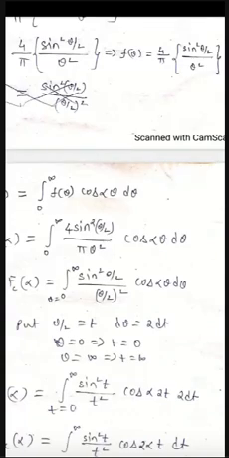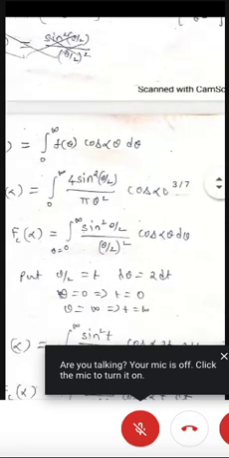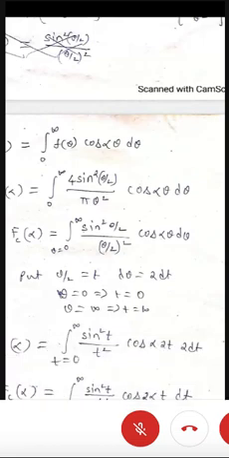So substitute a new variable for theta by 2. Put theta by 2 as t. What is d theta? d theta is 2 dt. If theta is 0, then t value is 0. If theta is infinity, then t value is infinity. So theta from 0 to infinity can also be written as t from 0 to infinity, sine square t by t square, cos alpha, d theta there.